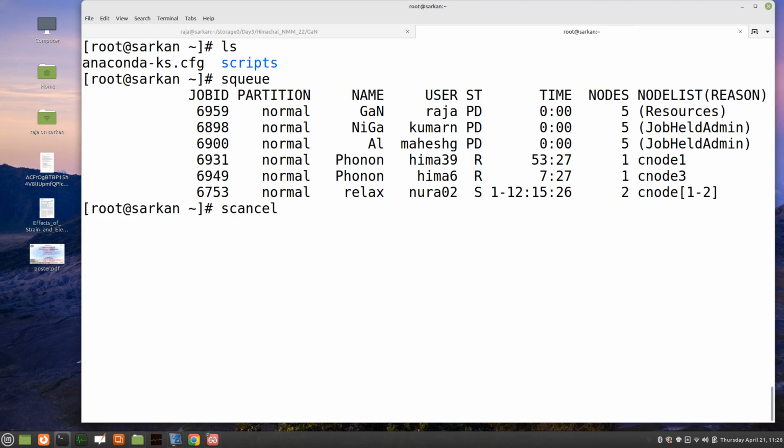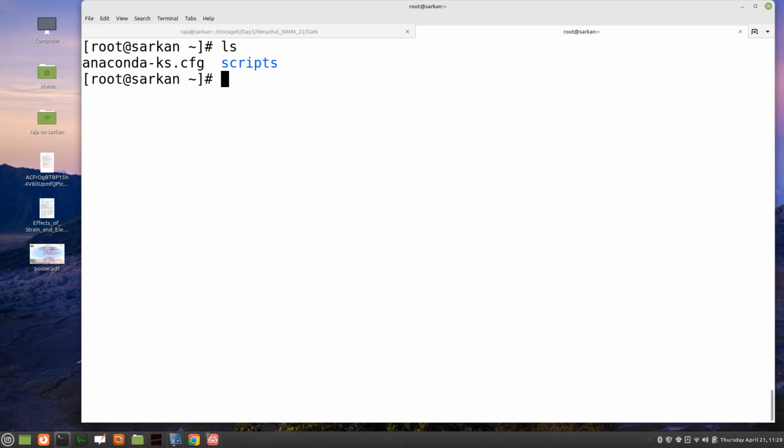मैंने अब हिमा 39 कैंसिल कर दिया, ठीक है हिमा 39 इधर नहीं है, ओके ठीक है, मैं कैंसिल कर देता हूँ। तब हिमा 39 कौन सा है? 6931. ठीक है, मैं कैंसिल कर दिया ये जॉब। अब सिर्फ एक ही जॉब है हिमा 6 का, वो तो आसान से कट जाएगा 15 मिनट में।